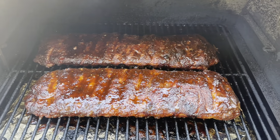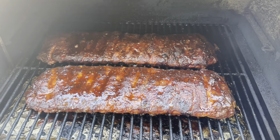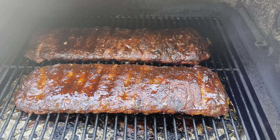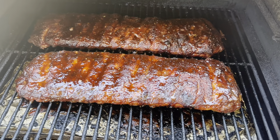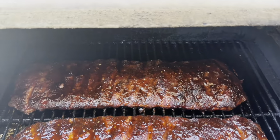Here we are at hour 4. And I've been spritzing these like every 30 minutes or so. In fact, I actually put some Tiger's sauce on it. It's like a sweet and spicy kind of, I don't know, vinegar-based sauce. And then squirted some honey on it, and then actually sprinkled a little bit more seasoning on these, just because